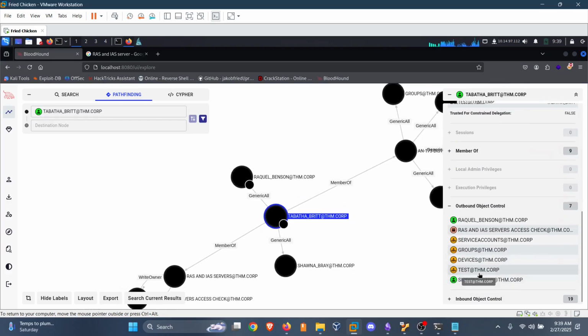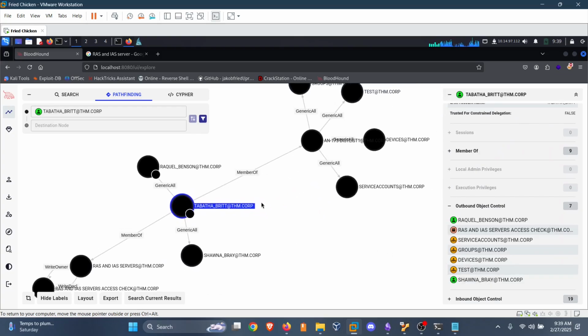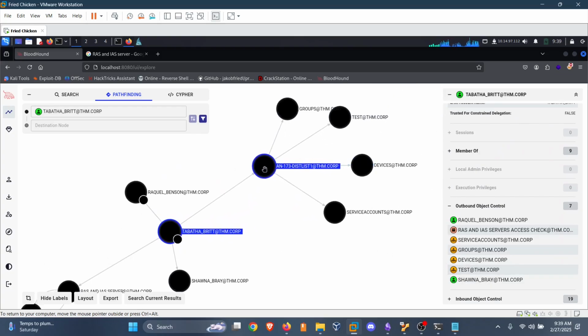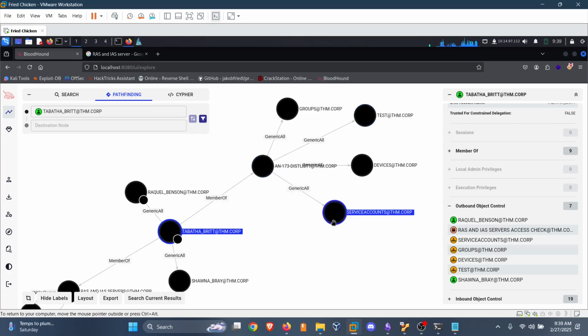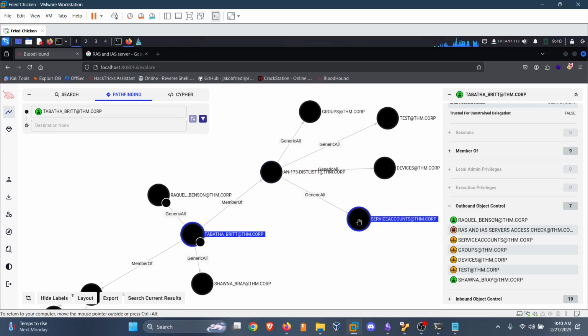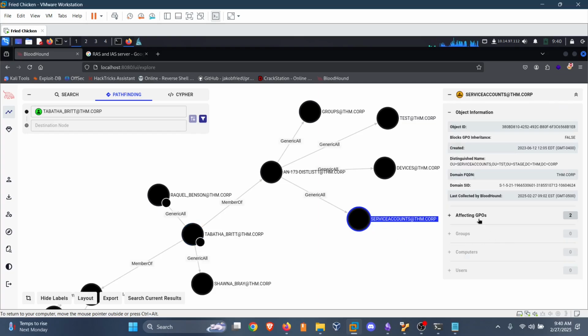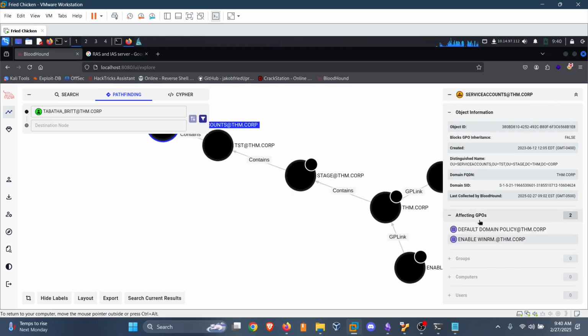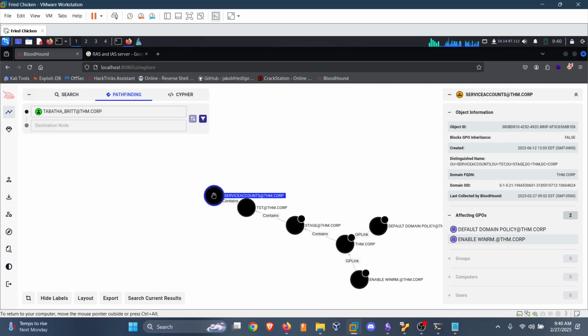Outbound objects. Member of this, which has GenericAll rights to service accounts. Okay, so I have GenericAll rights to this, in a service account. Okay. Then, if I go back to this,